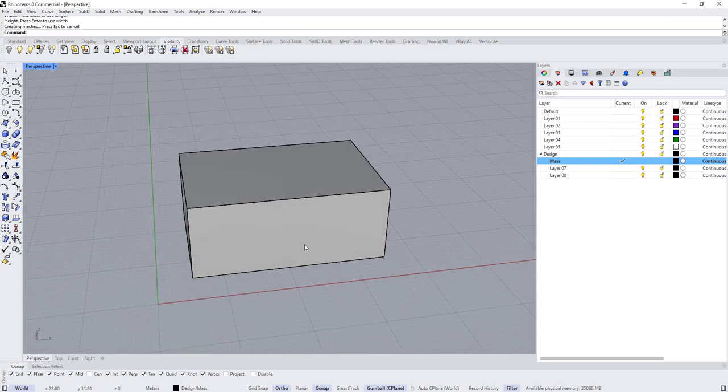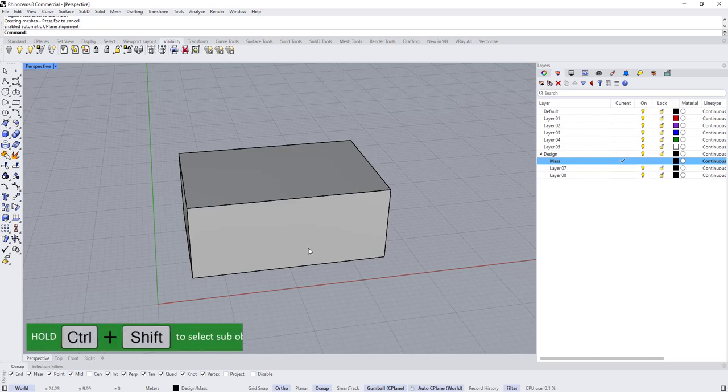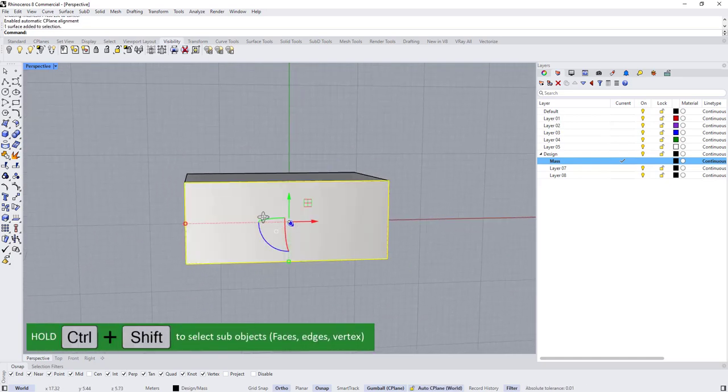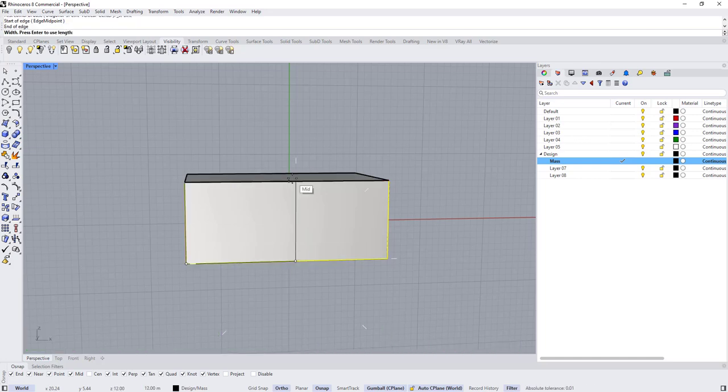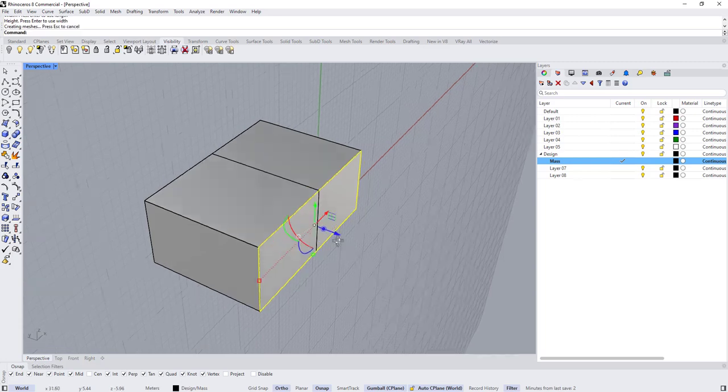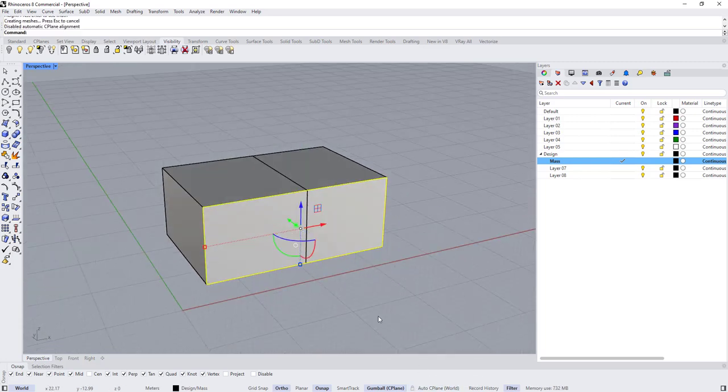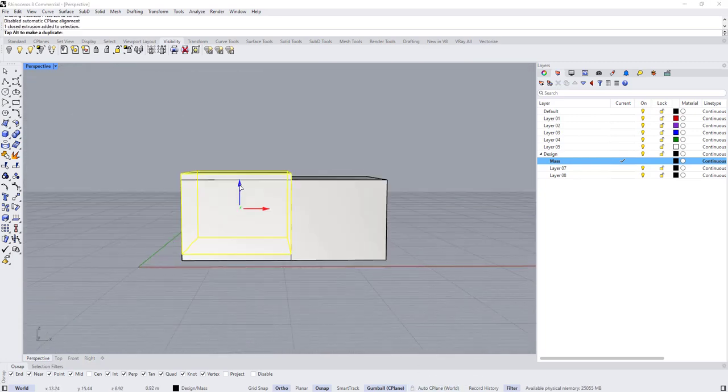And for the second mass, let's open the AutoC plane and hold Control Shift and select this face. And let's right click to bring the same command again. Let's create a 3-point box. Then it's going to be 16 meters, and the height is going to be also 3 floors from here to here, something like this. Let's disable the AutoC plane, select this box, and let's move it up by 1 floor,